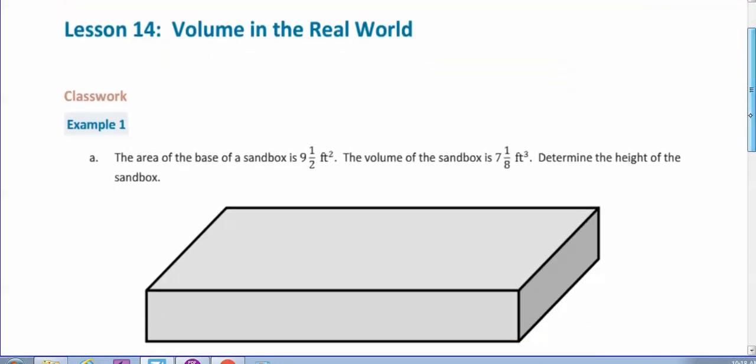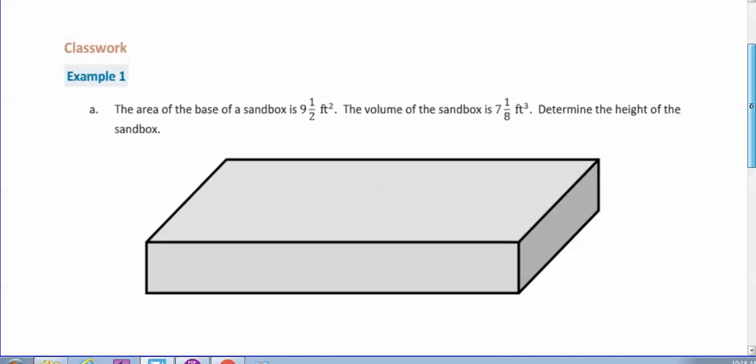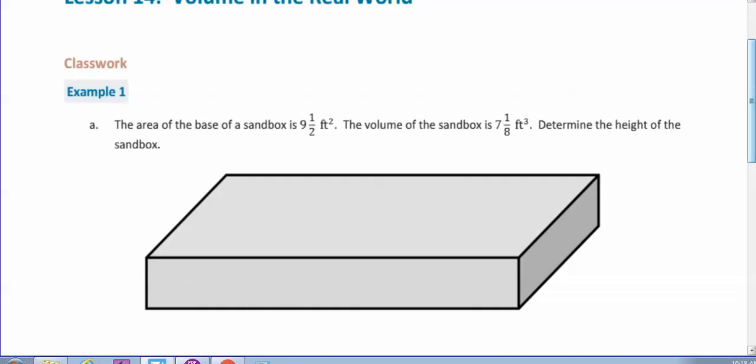Thank you. 47, lesson 14, volume in the real world. And we're going to go back to that formula that I taught you at the beginning of class. Volume equals capital B times H. And on your math reference sheet, which we have printed on the back cover,